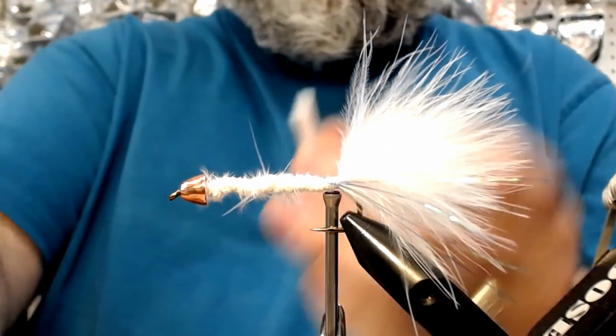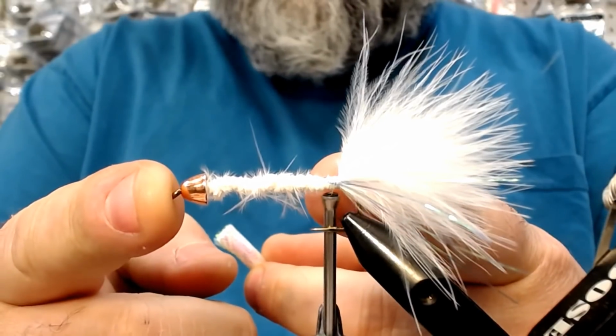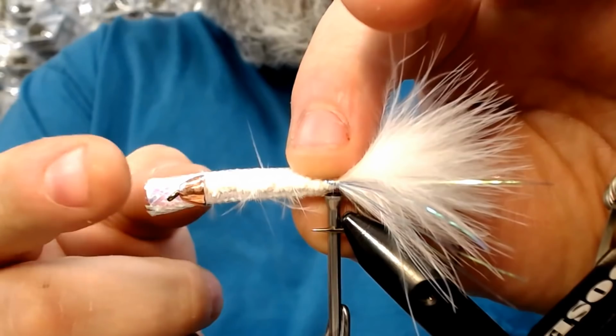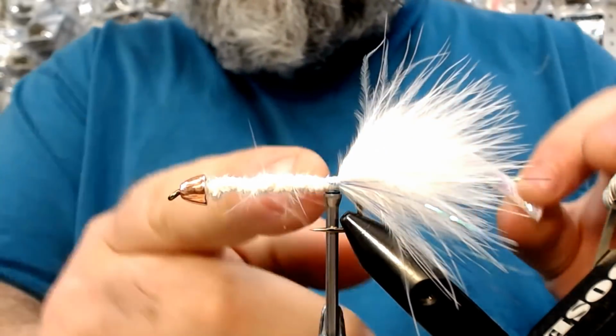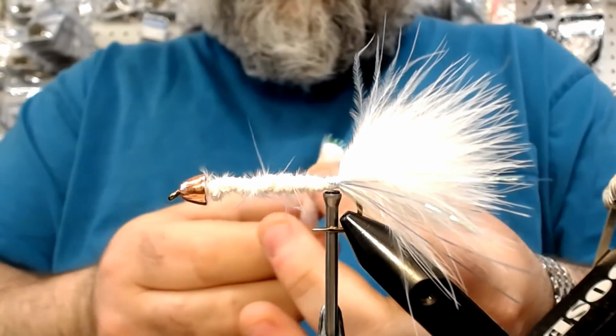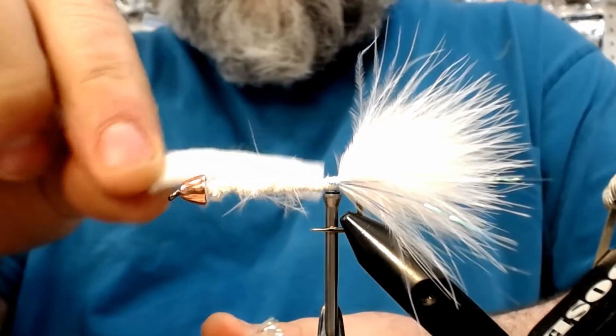Once we take this guy, you cut it off to length. You want to cut it to length from the back of your tail to the head of your fly. So if you look there, I've done just that, maybe a little bit longer, because you're going to just pull it back into the tail just a little bit. You'll see why here in a second. Push the top, pull it out the bottom, get rid of this stuff,